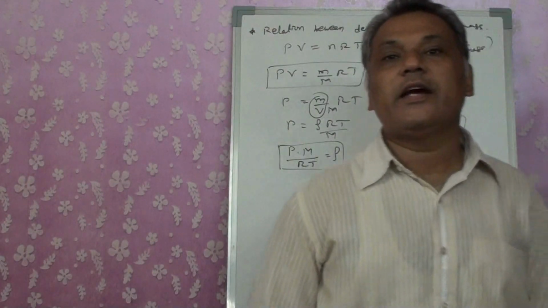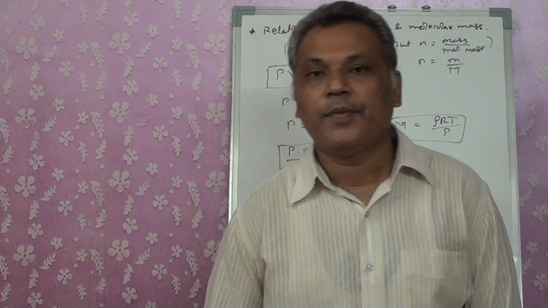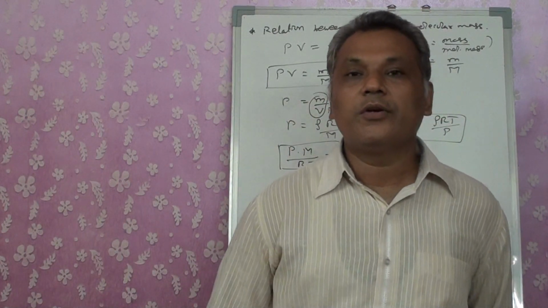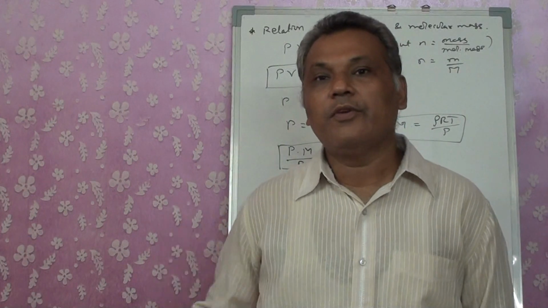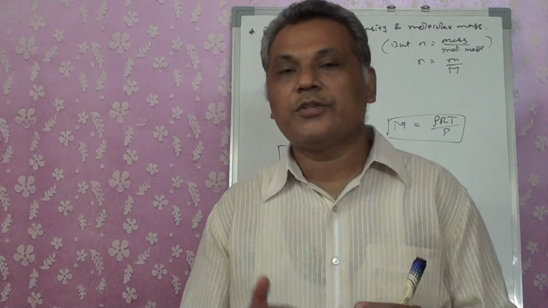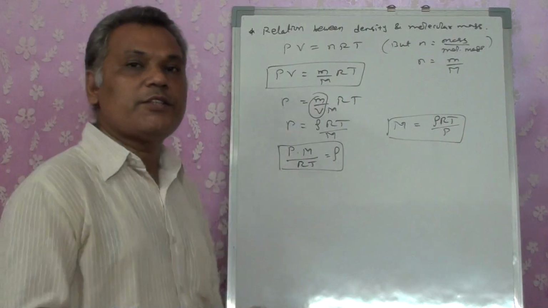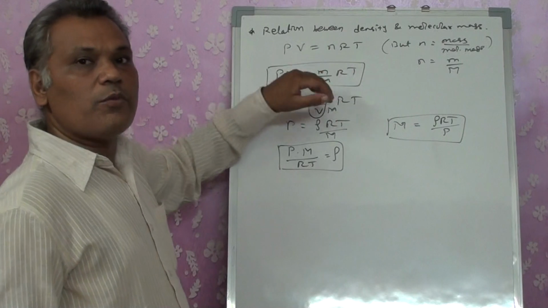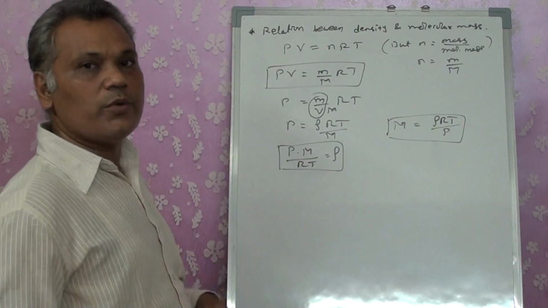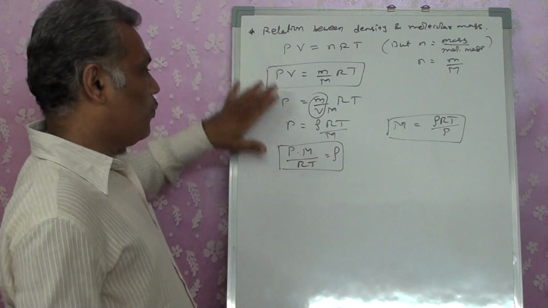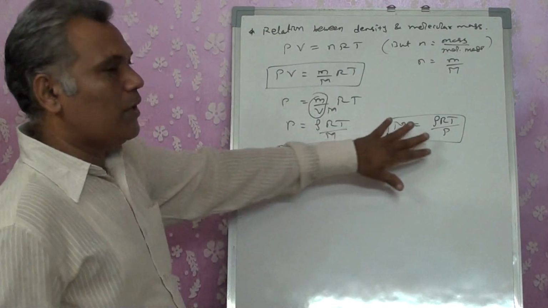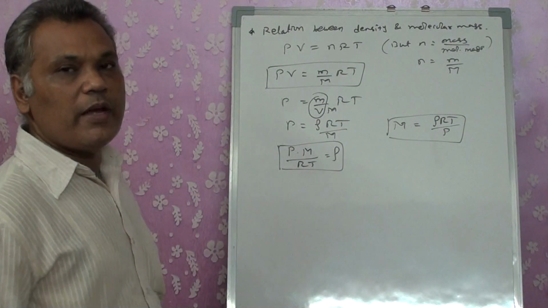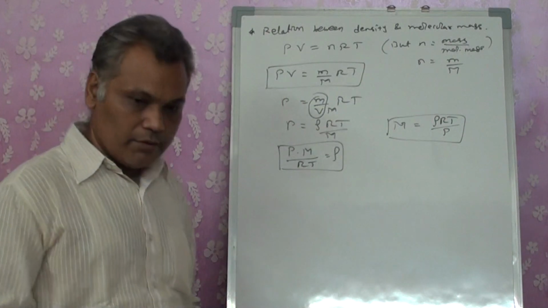Students generally write the answer as PV is equals to nRT. Make sure that you don't write only PV is equals to nRT, because in addition to that we also have other equations. Only the terms and subjects are changed, right? Number of moles is changed to mass upon molar mass, but it represents the ideal gas only. So make sure that all these formulas are known to you, because based on all these formulas we will be doing numericals, right?